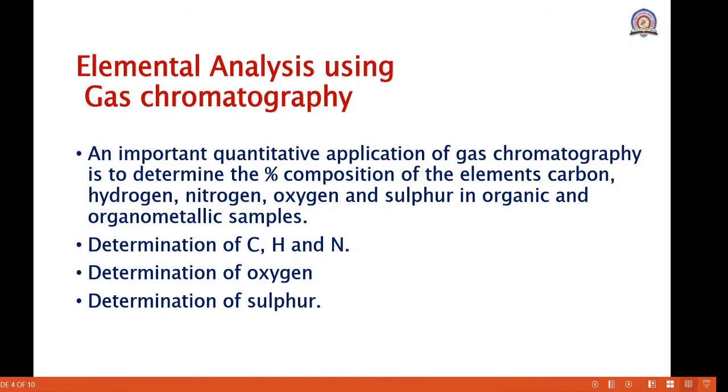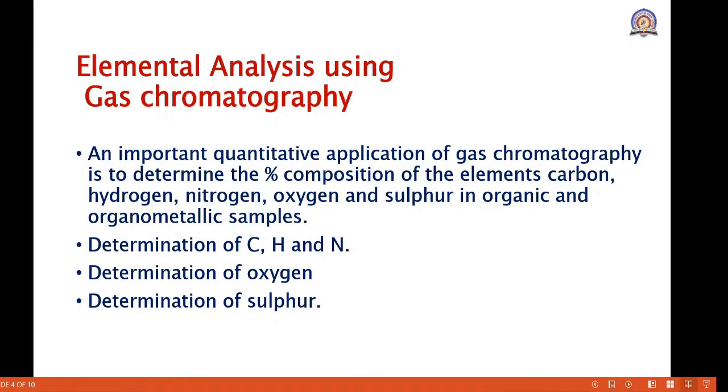Here, determination of total organic carbon, called TOC in short, is important in water analysis. How is it done? First, the water is acidified. Due to that acidification, it removes carbon dioxide from any carbonates or hydrogen carbonates present. Meaning first the water is acidified, so the carbon dioxide or carbonates get removed.